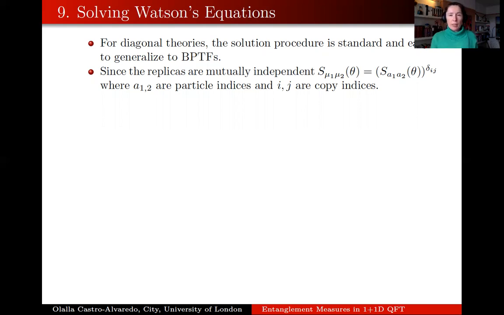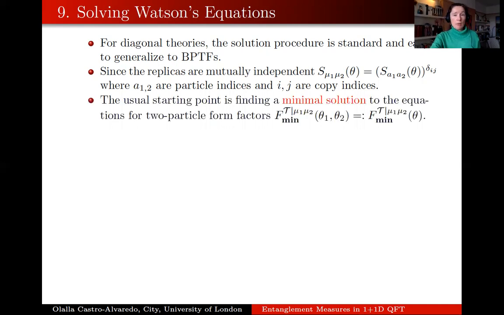Well, we have to remember that in the theory that we're working with, the two-body scattering matrix carries 2 indices, and each of these indices carries 2 indices as well, the particle type and the copy number. And because copies are not interacting with each other, that means that the S matrix has this structure. So if 2 particles are in different copies, the S matrix is 1, and if they are not, the S matrix is whatever the scattering matrix was in the original theory. So this is something we need to consider when we solve form factor equations, because the S matrix features directly